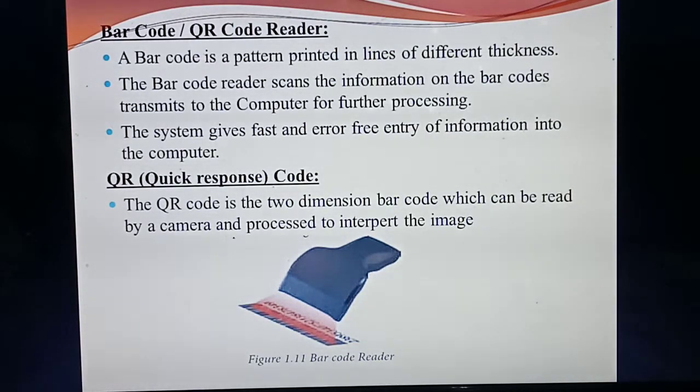Okay, next one is QR. The QR reader is also just like a barcode reader. In textbooks you might have seen a rectangular box on the front page of the chapter; that is QR. It is a two-dimensional barcode. It is mainly used to scan particular images. If you scan that QR, it will direct you to the particular page. This is the image of the barcode or QR reader. Understood?